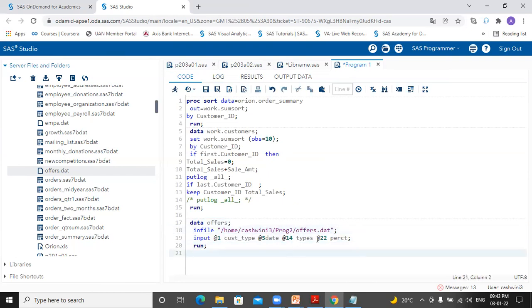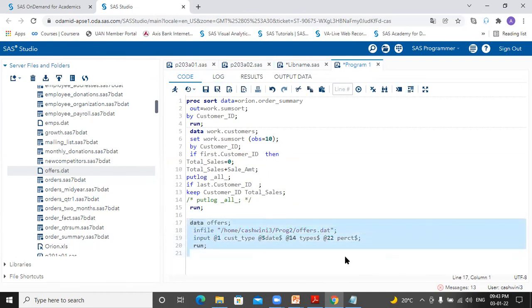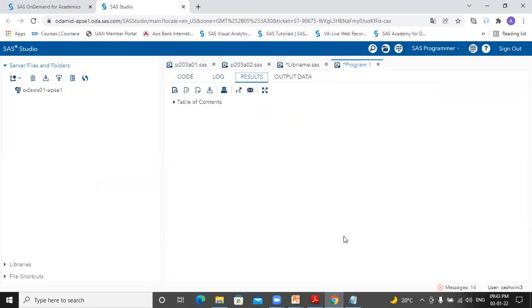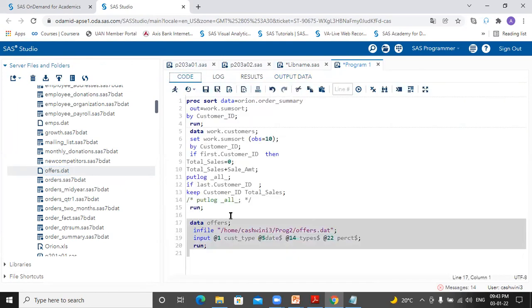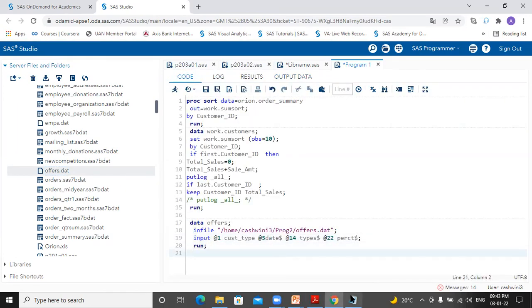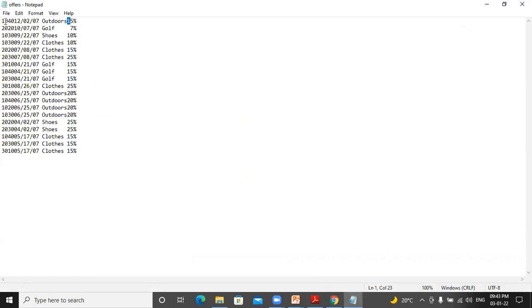So we have to tell type is going to be a character type of data. Correct. So percent, because it has a special sign, let's put that also as character. Now why character? I'll let you know again here. So in case we give this type of instructions, is it still going to give us the same data error or will it read? So yes, it's reading these values, but it's not taking customer type. So let us check with customer type values.